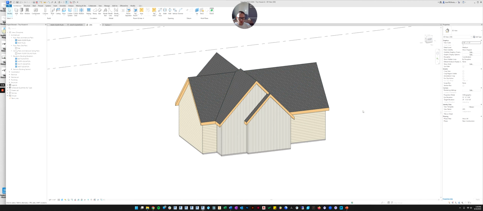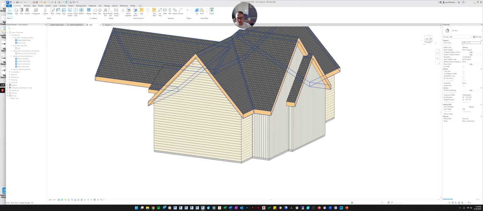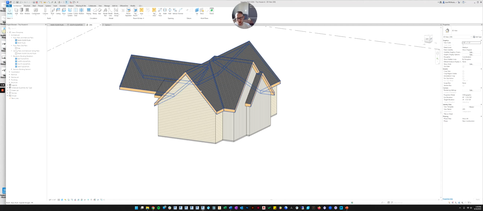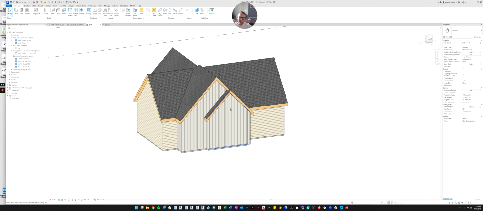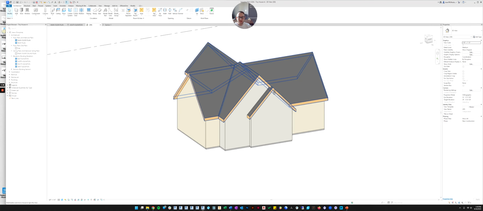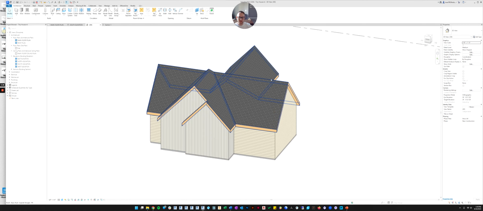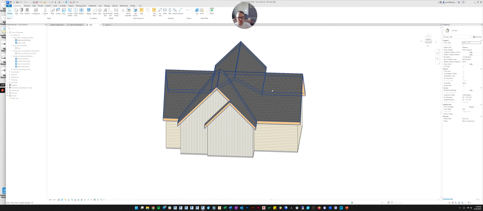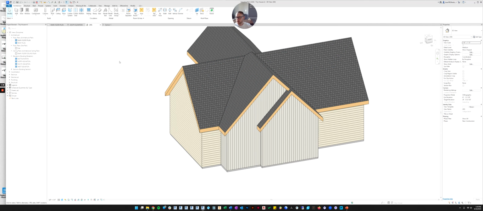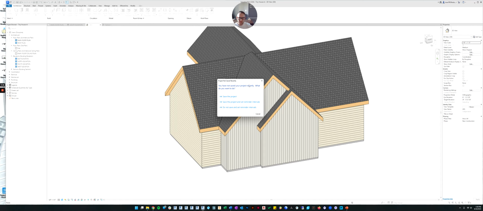So now you might need to take a look. You'll see that the thickness is now showing all the lumber on the edge. A way to fix that is to put the fascia on the roof. This is a new command, and it has nothing to do with really editing or customizing the layers in the roof, but it does go along with roofing. If you go to the architectural tab and you go to the roof command, if you scroll down, there's something called roof fascia. You can click the roof fascia. It'll remind you to save, in my case.